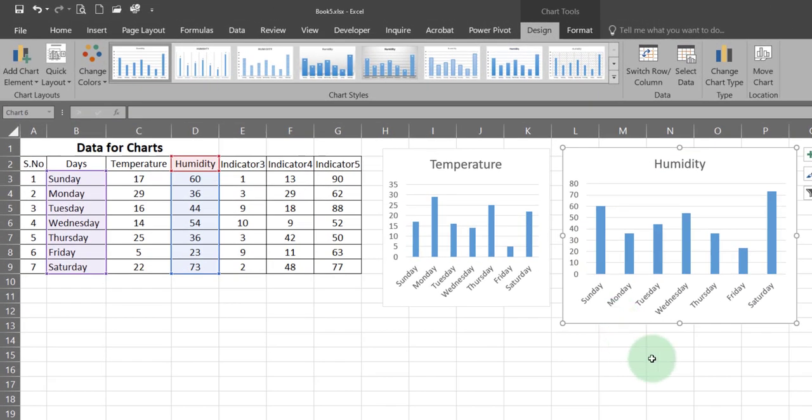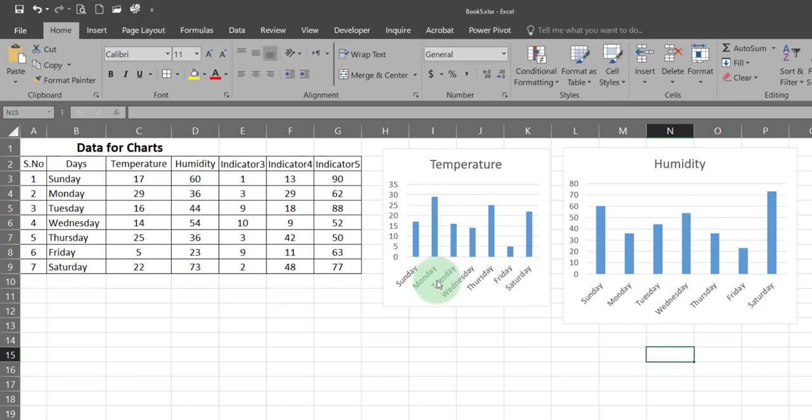So now we have two different charts for two different values. So it's easier to understand what this means. We have just one value on the x-axis and one on the y, and we can have more charts displaying more different values like this.